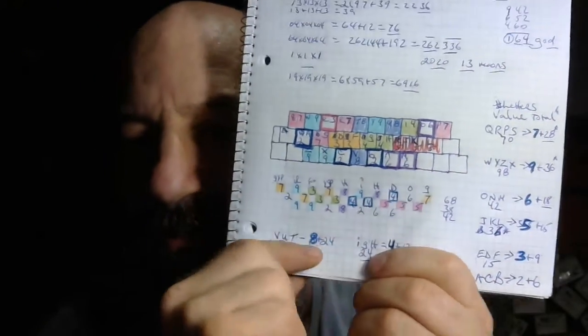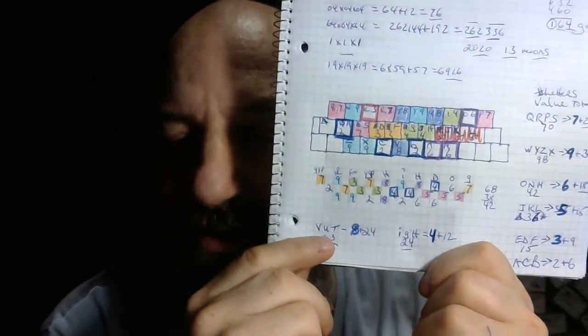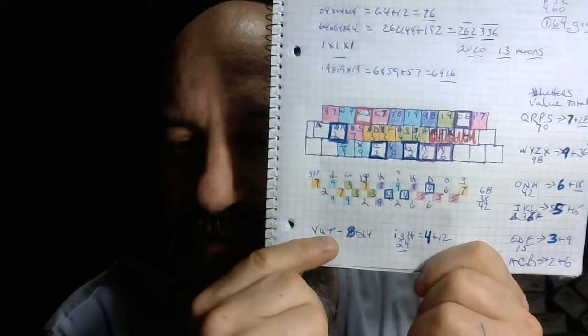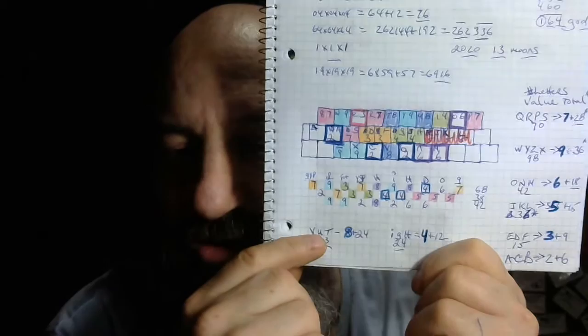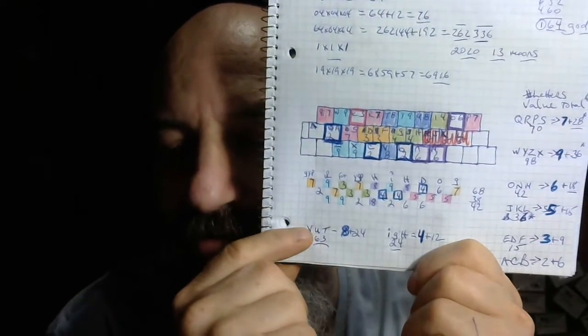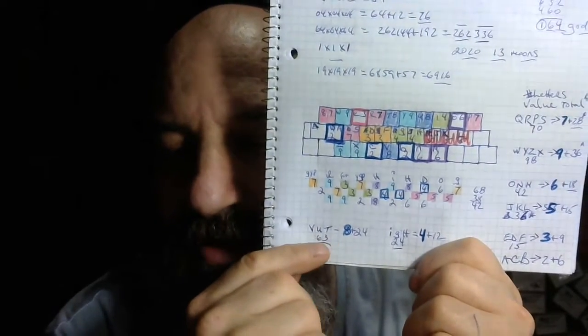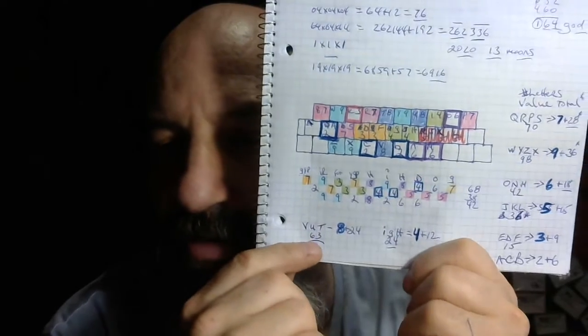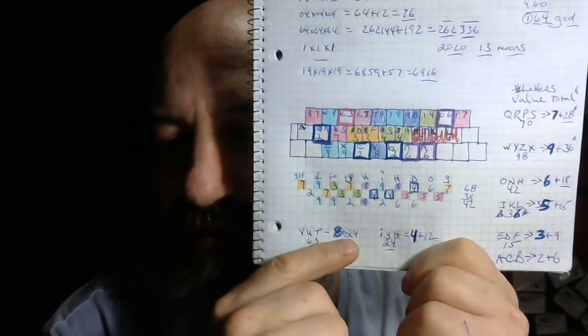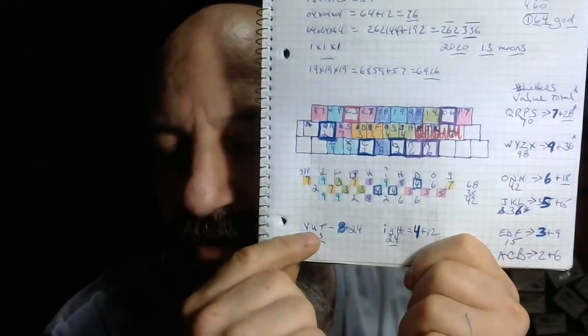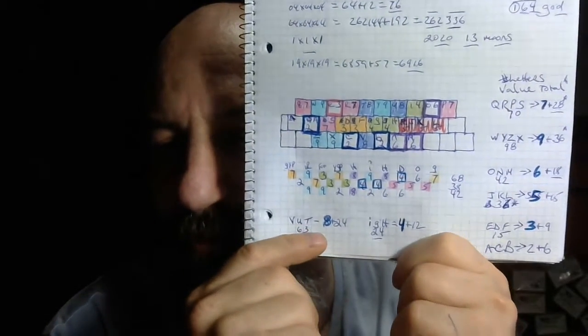Now we get number 8, VUT equals number 8. VUT. This is the 2, which gets 8. This is the U, which is the 21st, gets 3. And this is the 4. 4, 3, and 2. Over here, the total is 63. 24 of them. This is the day of man. VUT. Tav. Tav in Hebrew, remember that.